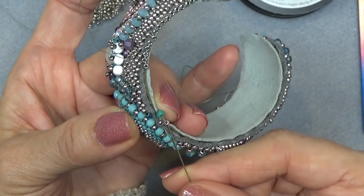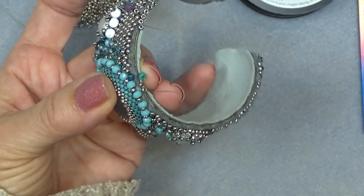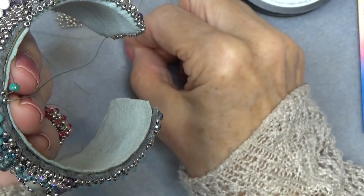That sounded like I yelled at you. Pull and go through the bead you just put on. Now you're secure and you don't have to worry about the beads moving. Let's do that again. 11/0